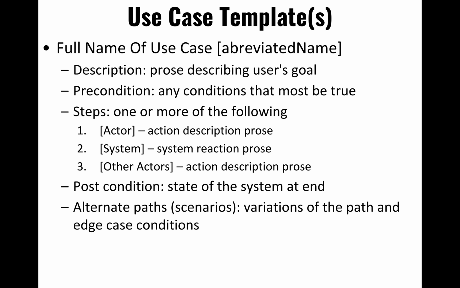There are many templates on how to document use cases. Here's just one template. Typically, the first part of the use case will have a title. This title typically is a verb phrase, a very short verb phrase that says who's executing this, then the verb that specifies what they are doing, and then perhaps another noun specifying who they are doing it to. Okay, so for instance, you might say